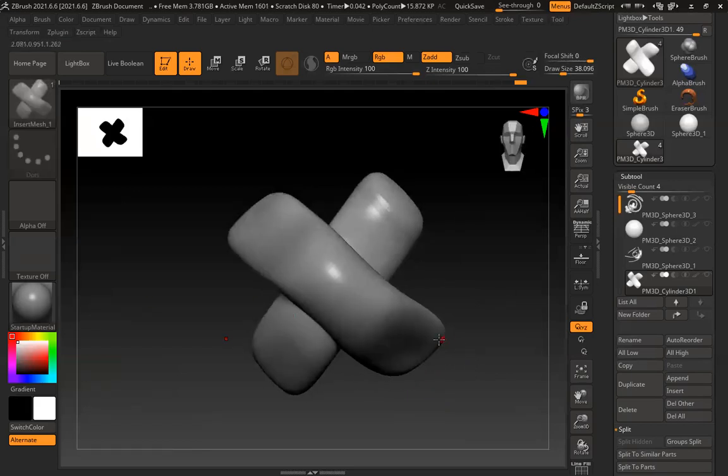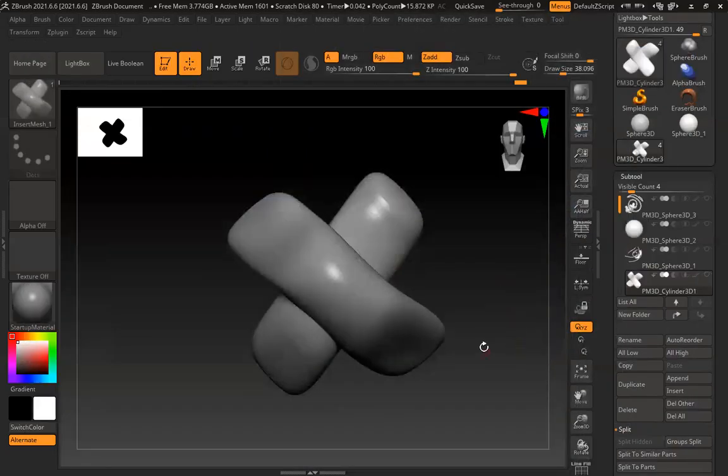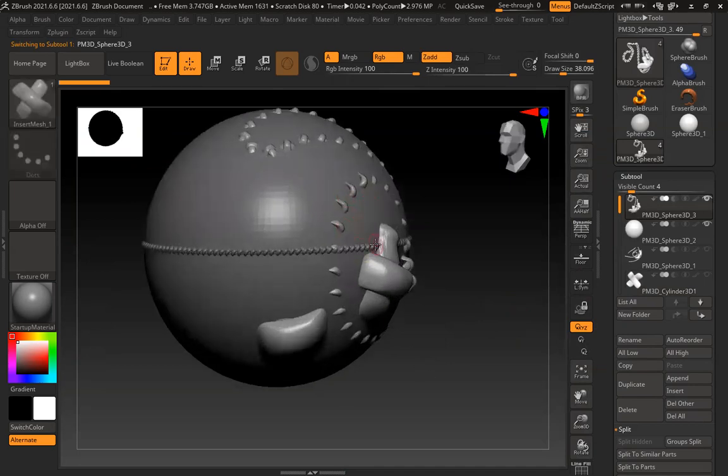Yes, sir. So you can do it, and this is something for your model. Let's see. So easily कर सकते हैं, because अगर we have separate poly group, it will snap there automatically. Yes, I have the poly groups. And maybe it won't align in the center, so you have to adjust the depth and position of the model. That is the only thing you have to adjust. After placing this, maybe this will align to the top part or the base part. So just go back to this stroke and move it outside or move it inside slightly with move brush. That will be super easy and simple.